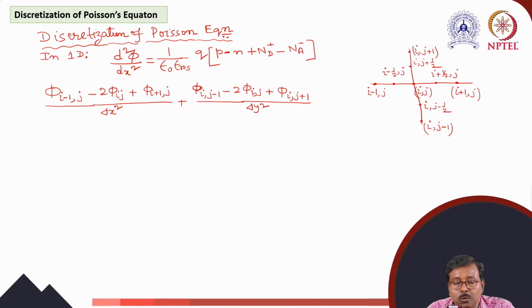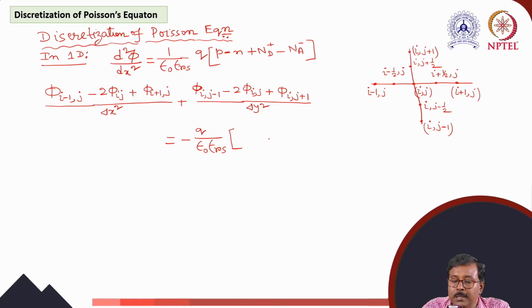Because we are considering the two-dimensional case, there is differentiation along x and along y. The formula is in one dimension, but we are writing this discretized in two dimensions. So this will be equal to minus q by epsilon 0 epsilon rs into,